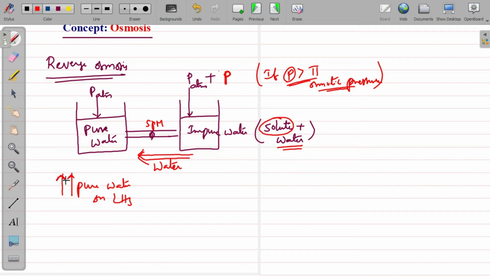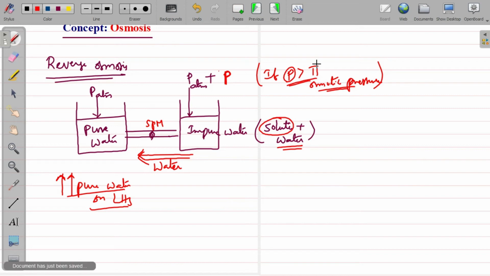That is what we want in the reverse osmosis process. We want pure water from the impure water, or we want to prepare pure water from the saline water. So that is what is happening ultimately. This is the process of reverse osmosis. If you don't apply any pressure on the impure water side, then the normal process of flow will be like this. If you keep applying the pressure from the impure side, then this osmosis keeps decreasing and ultimately it comes to zero at a particular applied pressure called osmotic pressure.